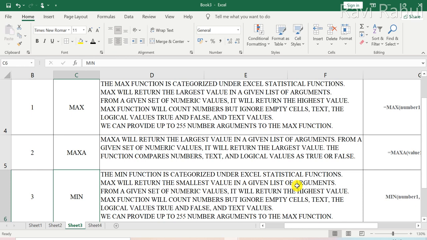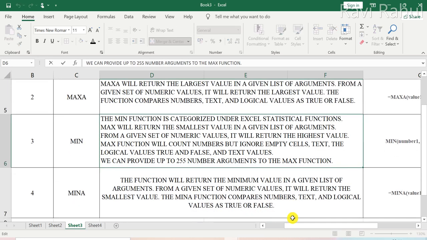It also ignores the text values, the logical values, and the empty cells. And in every function, you can provide a maximum of 255 arguments.